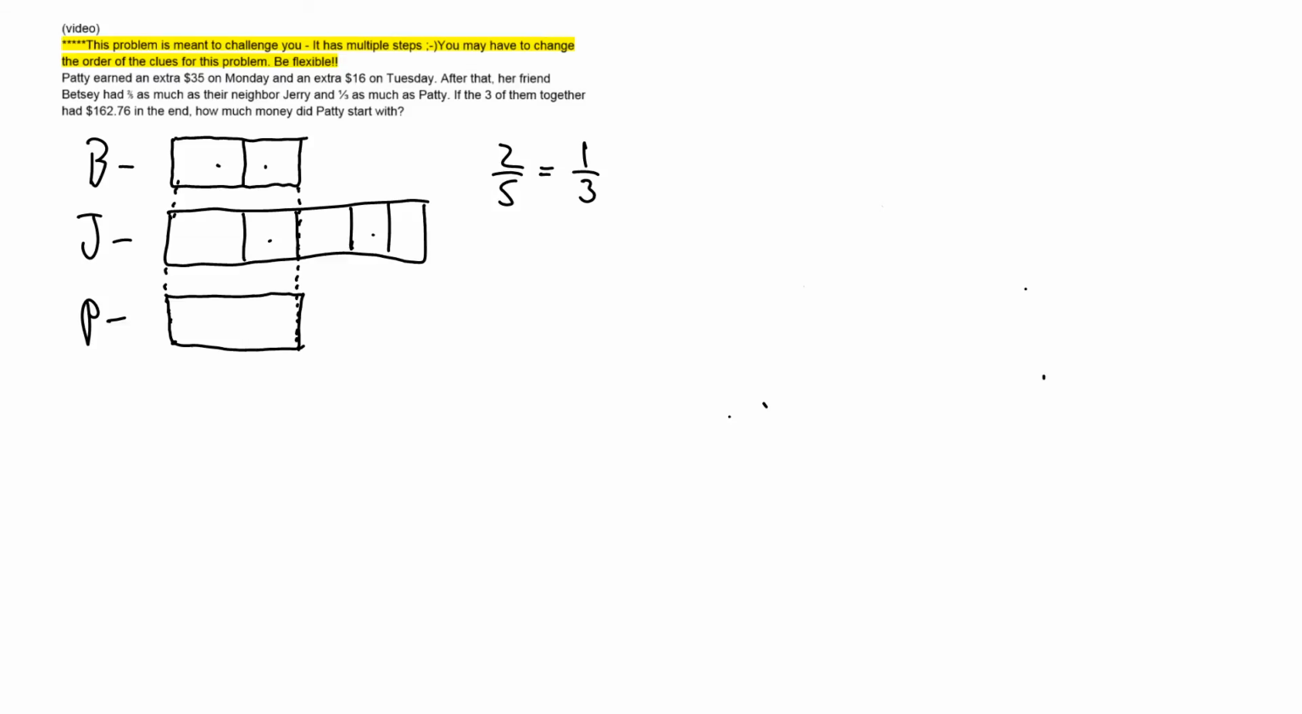So let's go ahead and give her her 2/3 and her 3/3. So, pretty sweet. So 2/5 is equal to 1/3. Perfect. So now we see how much Betsy has, how much we have for Jerry, and how much we have for Patty. Now, one thing I'm going to do right away, because I'm seeing this,